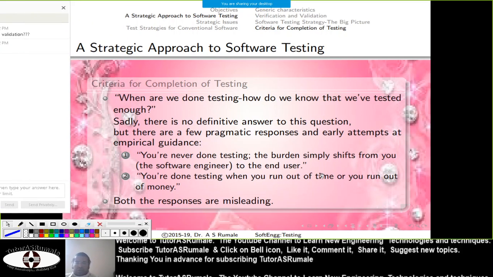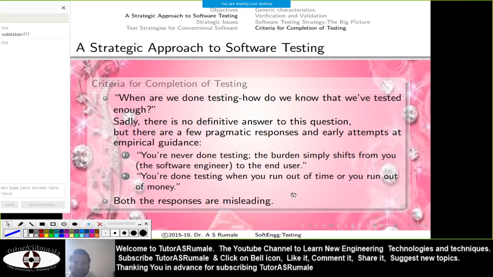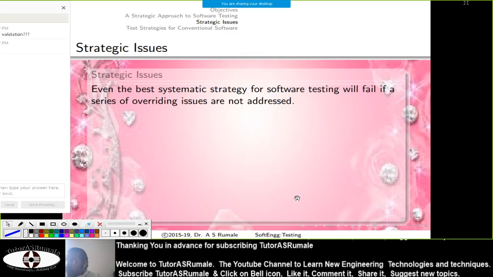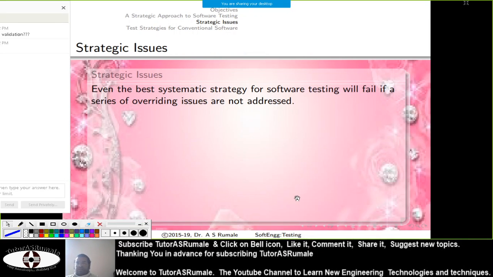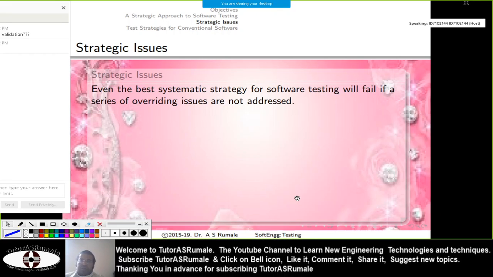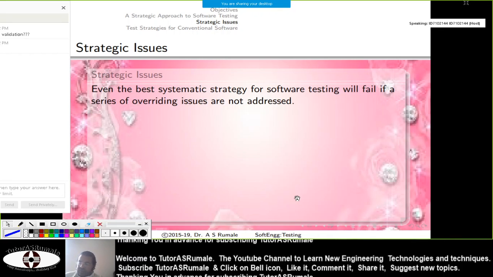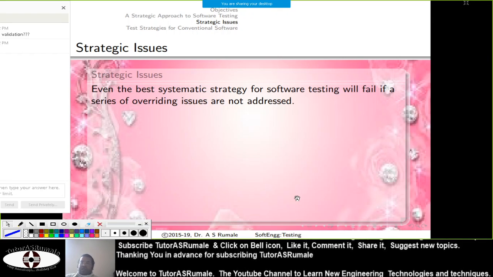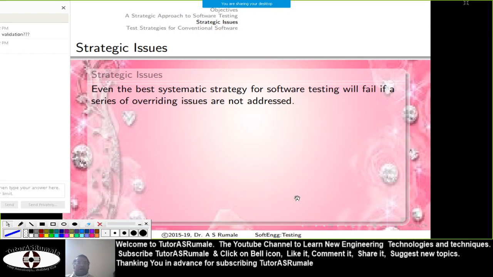So both responses that we have here are misleading. You need to identify different things when we go for a software testing strategy. There are certain issues that you need to address.